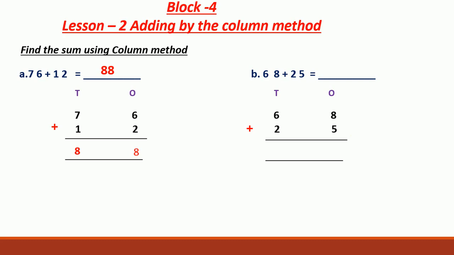I hope everybody finished. Now when you are adding the ones place, the answer you will get is 13, right? 13 is a 2-digit number. It has tens and ones in it. So in the 13, the 3 ones we write below the ones, and it has 1 ten in it. That 1 ten we need to carry over to the tens place. Now add the tens. The answer is 93.